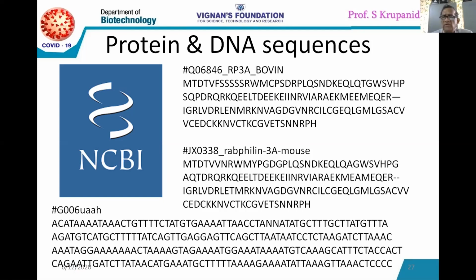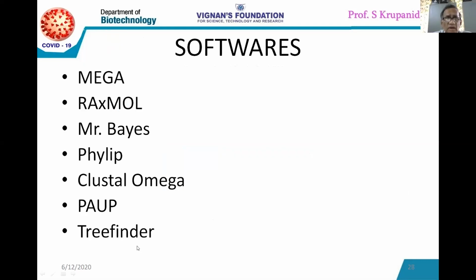Whenever you start working on phylogeny, this is the crux. This is the point of origin of your work, from where you can develop the hypothesis. If you make anything wrong here, ultimately our tree will also be wrong. For this work, we have many softwares, not only these; several are there. I have been working with MEGA software. There is RAxML, which our students have also done, MrBayes, which our students have also done, Phylip, Clustal Omega, PAUP, which is a commercialized software while all others are free, and TreeFinder. MEGA is the software developed by an Indian, S. Kumar, in collaboration with people from Japan and the USA.